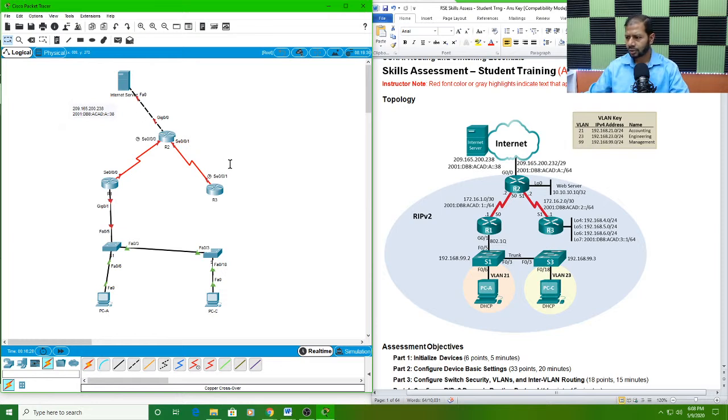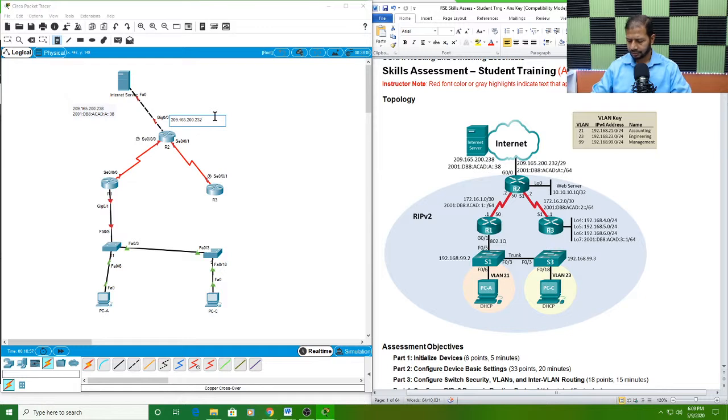And then on the router side it shows right here another address going to the internet. So 209, so I'm going to have another label. Click on the label, and right here I'm going to write that will be 209.165.200.232, okay, and then /29,